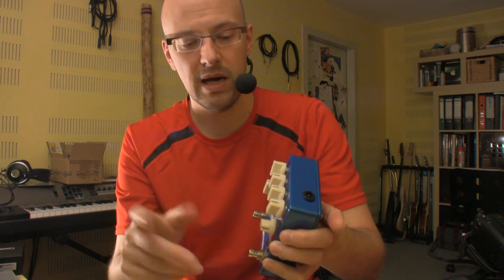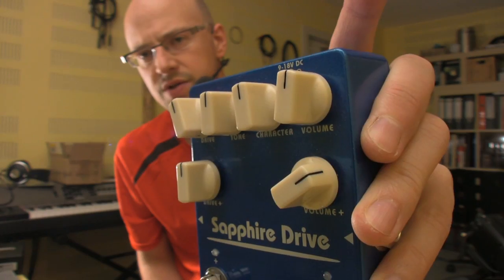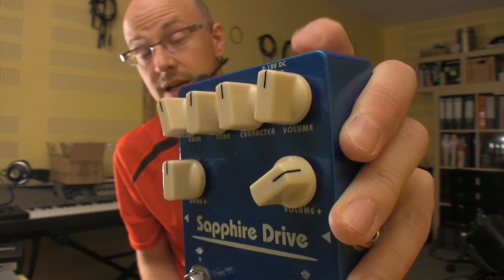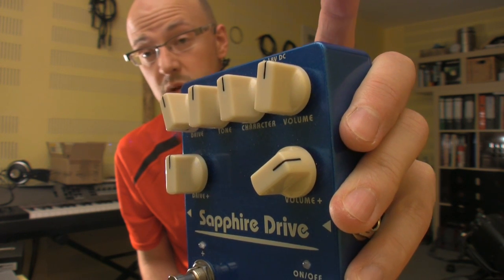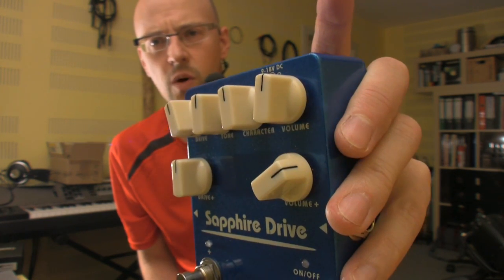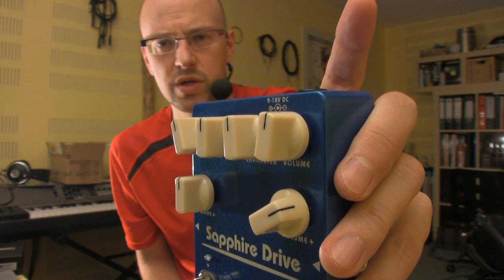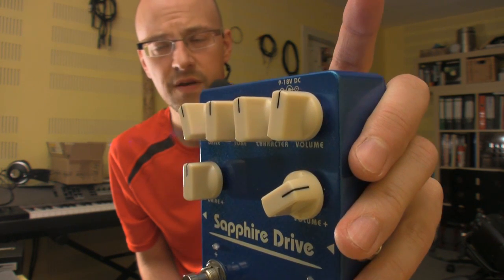On-off, channel switch, in, out, and a power in. As you can see, this power in is 9 to 18 volts, so anything between 9 and 18 can be plugged in here. 18 volts might result in higher headroom. I will not test this because it leaves me too much rope to hang myself with, and I stick to